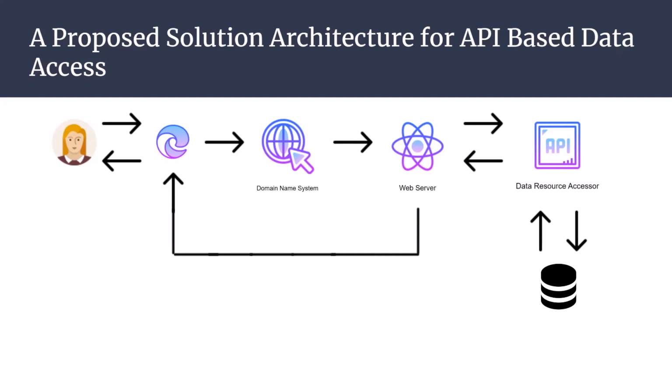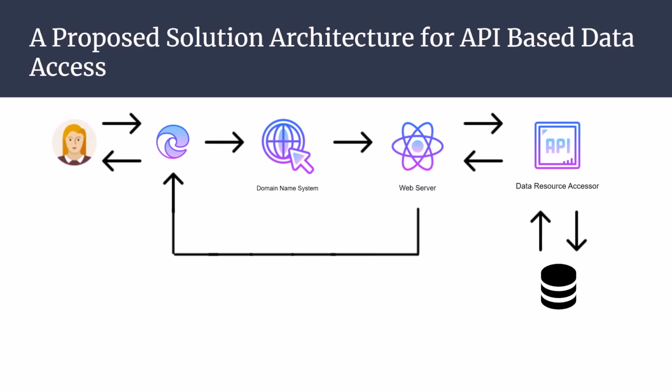Please just allow me to point at the fact that the web server itself does not make any direct contact with the database. I am pointing this out as it is very important to separate concerns yet again. The web server is responsible for managing network access and routing requests to and from system services. It shouldn't be allowed to do anything else, nor keep any state in it. Similarly, the data resource accessor is responsible for accessing data and returning it. That's it. No state management, no familiarity with the network layer on which the data is then transferred.